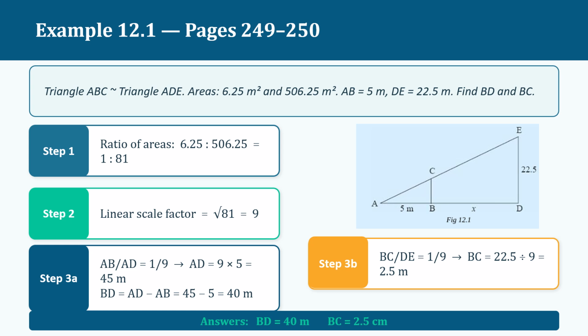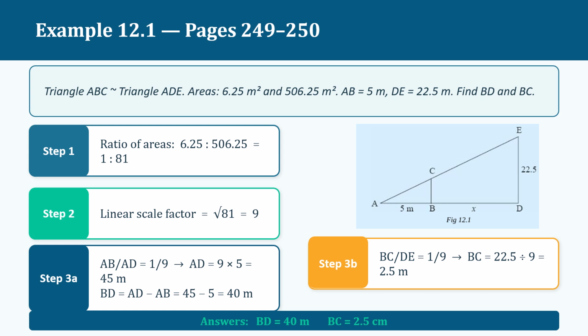However, we have been given the area scale factor. How do you get to the linear scale factor? So we're going to use the relationship we have previously learned to get to that. So we know the ratio of the areas is going to give us the area scale factor. So we're going to divide